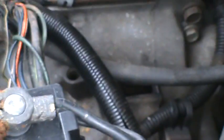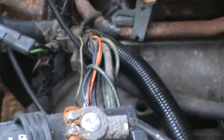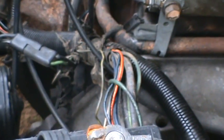There's 2, but this is the power control module. And so anyway, I established that my wiring was not at fault, didn't have a problem there. And of course, since I've tried another computer with no changes, it's pretty safe to say this computer is not the problem either. So anyway, I've just basically narrowed it down to